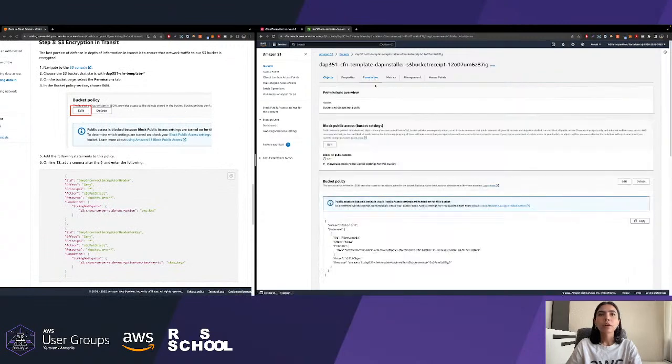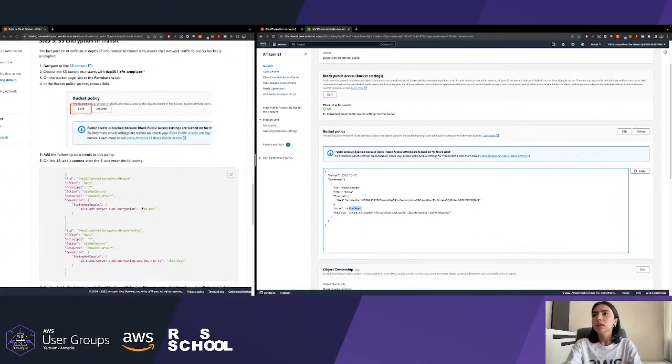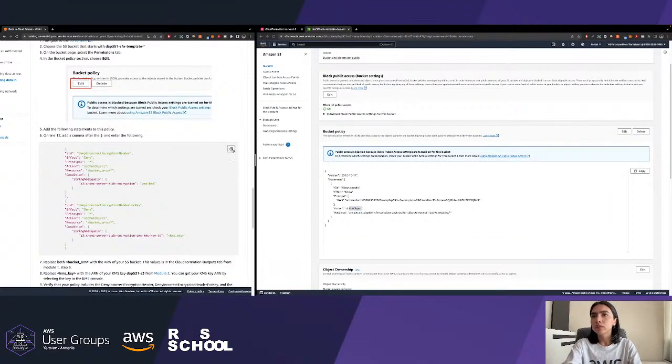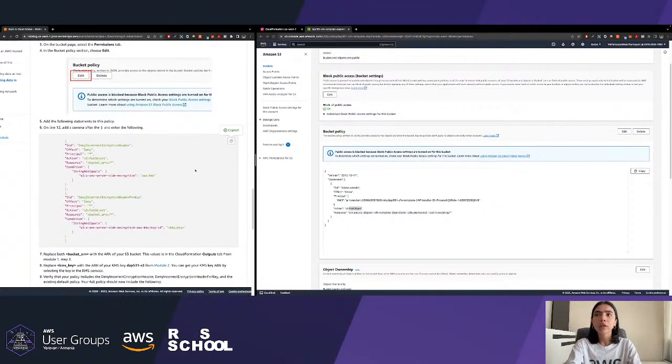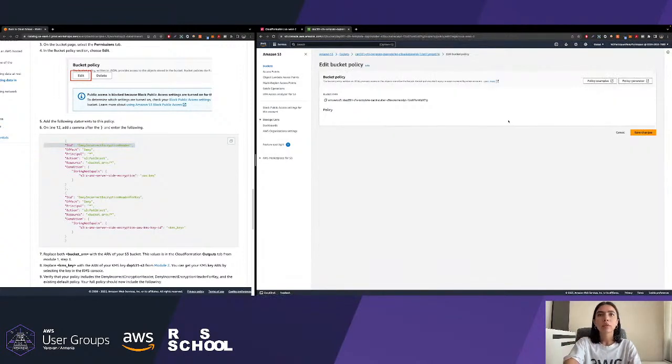In the permissions tab, you can see the bucket policy allowing the Lambda function to put objects here. And we want to add more security. So we are going to deny any incorrect encryption header and key as well. So just go and edit this policy.